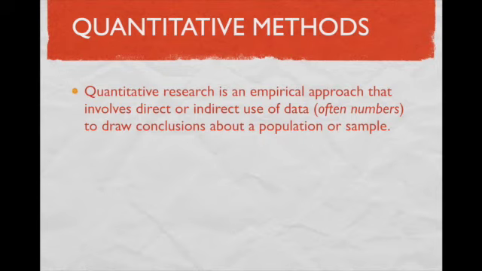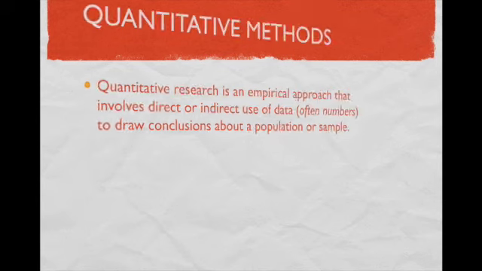And there were a couple of different ways that we can go about getting that sample. We won't go back through that today, but I would encourage everybody to take a look at that and just review from last week how we differentiated between those things. But moving forward, remember with us that quantitative research is one kind of an empirical approach that often involves the direct or indirect use of data. And particularly for quantitative research, that is oftentimes numbers.